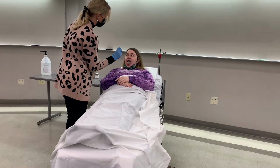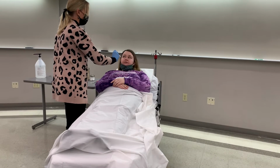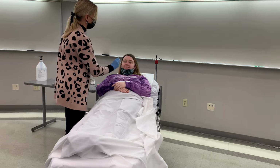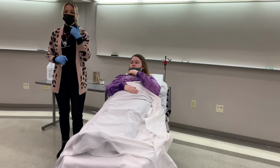Can you go ahead and stick your tongue out for me and go to the side with your tongue? Oh, yeah, there you go, just like that. Sorry, I wasn't very clear in my instruction. There you go, and then lift it up. Okay. Taking a good look at all of that, the gums, the teeth,